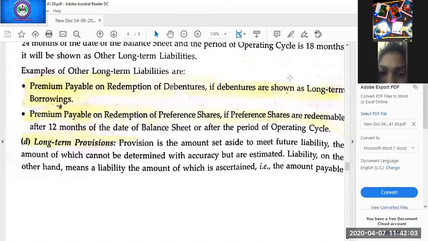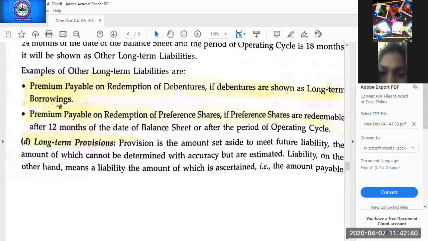You need not go into detail here, students, because this item will be given and you have to find out just the head and subheads. Then one more example: premium payable on redemption of preference shares. So in other long-term liabilities, I am repeating, I told you 3 examples. You have to learn those examples. Which 3? Trade payables having a maturity period after 1 year. Then second is premium payable on